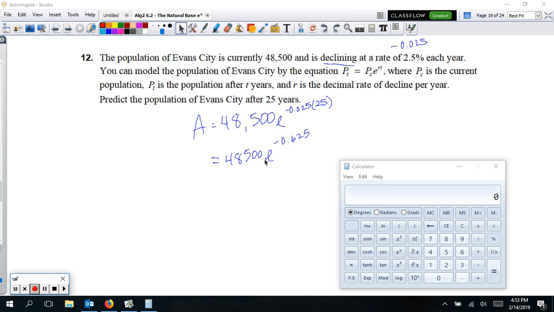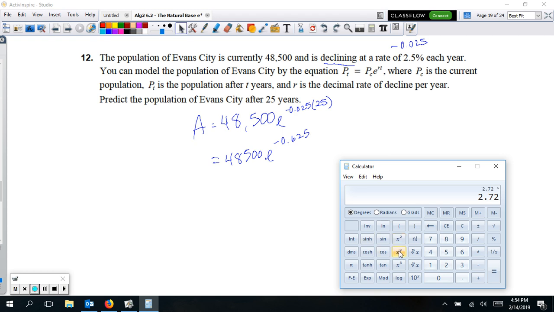But we could still just do this as 2.7, and I would probably round it. The best to round it would be 2.72. That would actually give you a closer estimate than 2.71 or even 2.7. So if we say 2.72 for e, and then I'm going to raise it to this exponent,